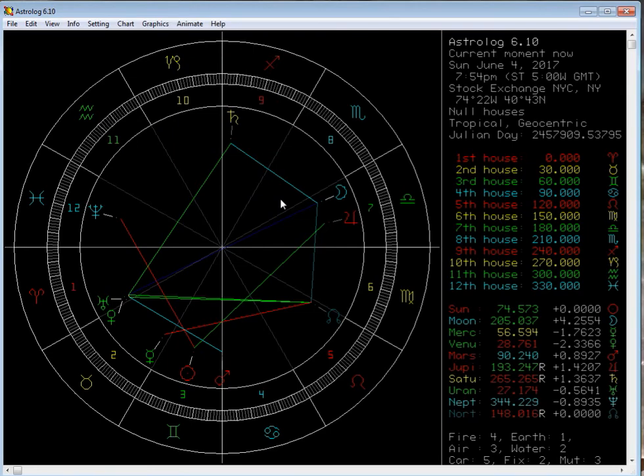So anyway, I think that pretty much covers how I set up Astrolog. Like I said, the program's free, so you can get it and play around with it, and you don't have to spend any money. If you have a program that you like to use, by all means, follow along with that program. So hopefully you got all the information down pat, and you'll be able to download and use this